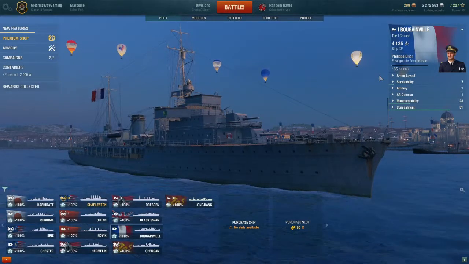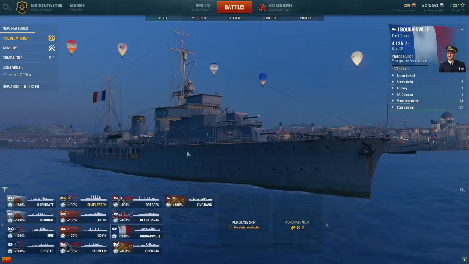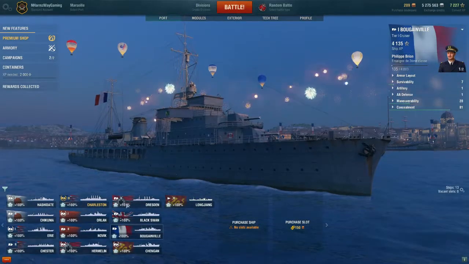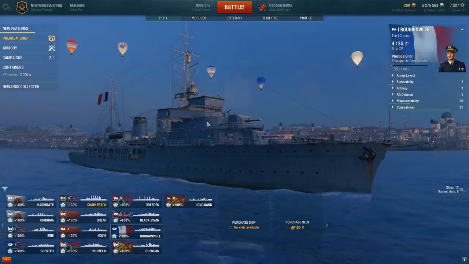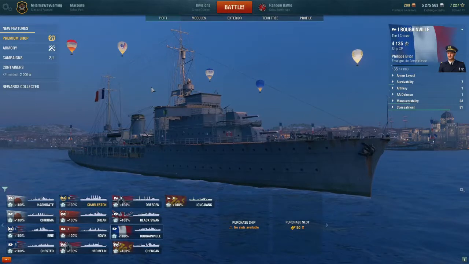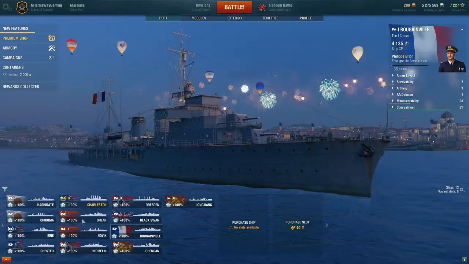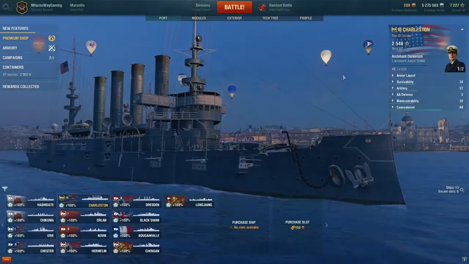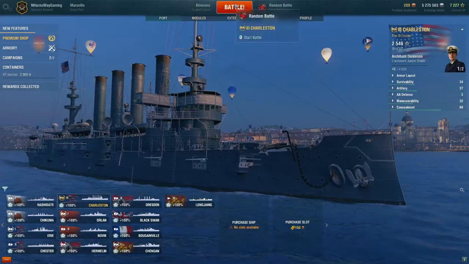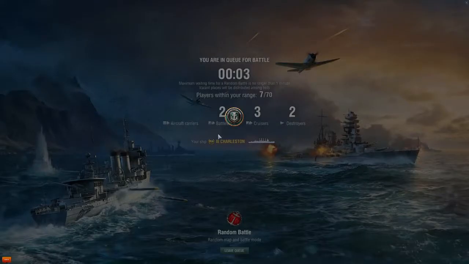We're right back where we left off. Got really nothing going. Philippe here has a second captain's point, and we're on the brand new 0.8.7. Let's start with our Charleston. Archibald also has a second captain's point. Let's go from our Archibald through our tier 2s to our tier 1s until we can get our